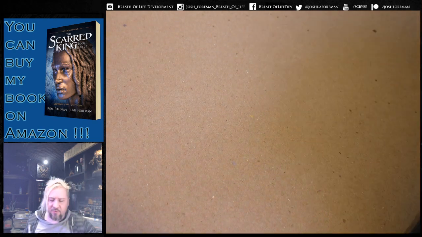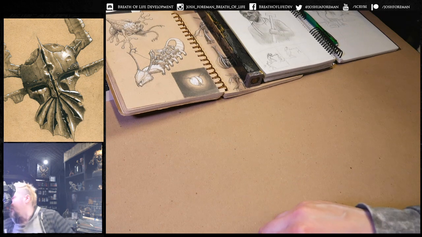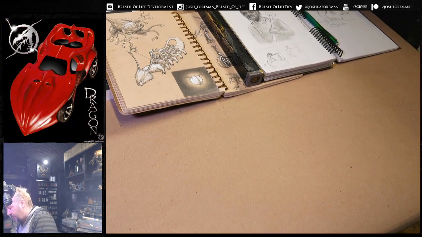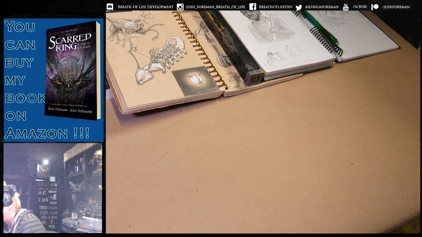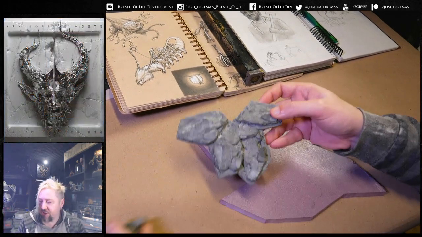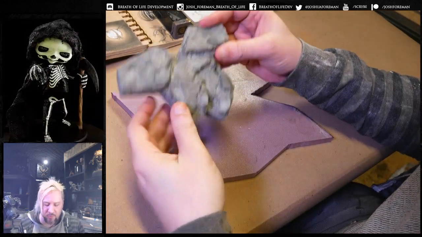Okay, I'm going to come right back to this. We've got 20 minutes left. I'm going to spend about 10 of it doing some quick carving to clear the palette. Working on these